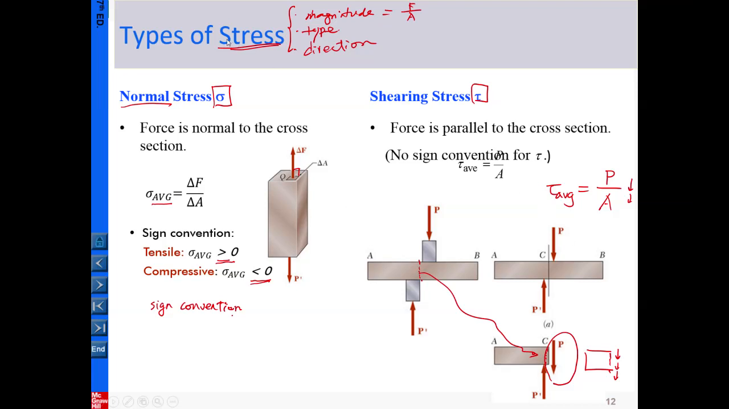Again, for the features of the stress, there are three things. One is the magnitude, one is the type, one is the direction. To completely describe a stress, you need to provide these three pieces of information to make it complete. So here in this section, we start